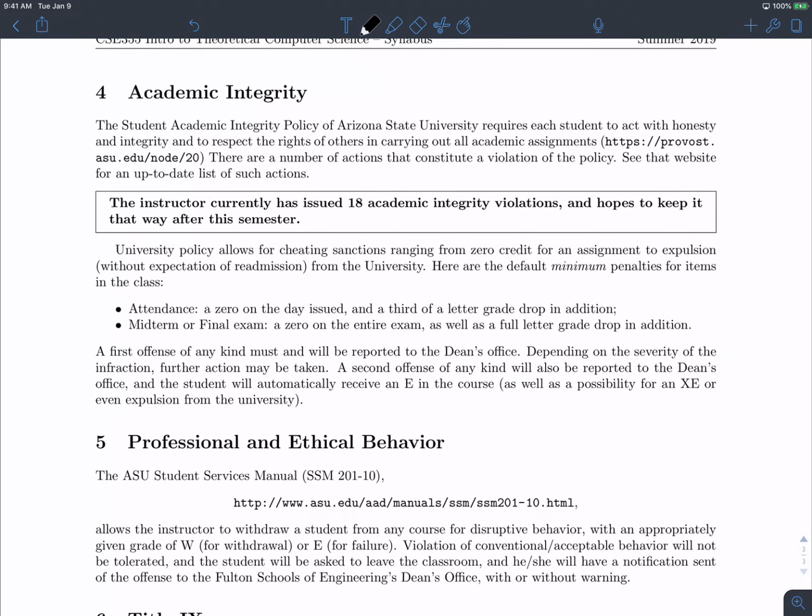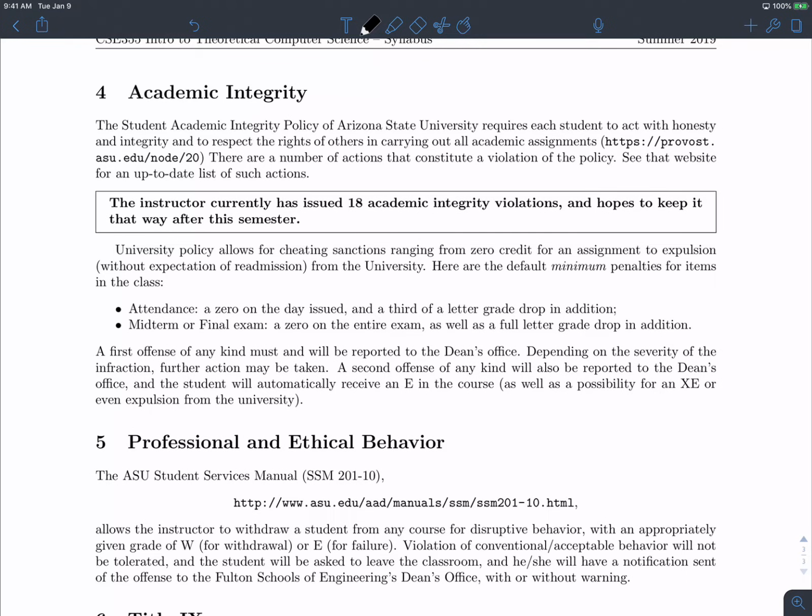Okay, my favorite section to talk about. You can tell by my sarcasm, it probably isn't. So this is probably not going to be an issue this semester because we don't have any homeworks that are worth anything. So for homeworks, because they're not graded, please work with each other on this with full solutions. Please do it. It's absolutely helpful. And even if you work with each other, you can still submit it because it's not going to count for anything. So don't worry about that. What I do worry about are the other two things. So for attendance and for midterm final exam stuff.